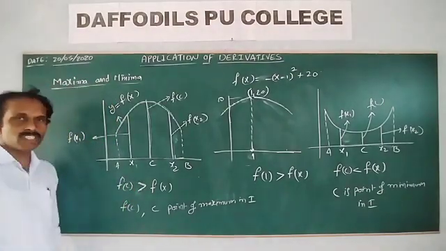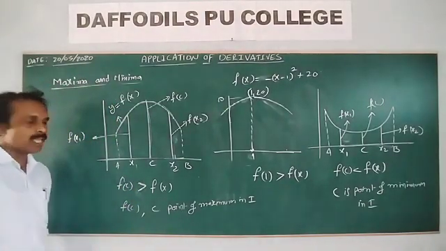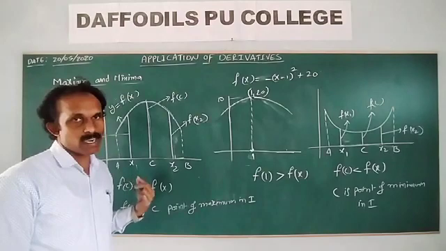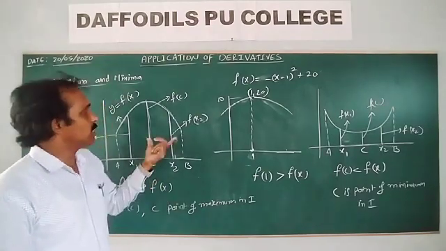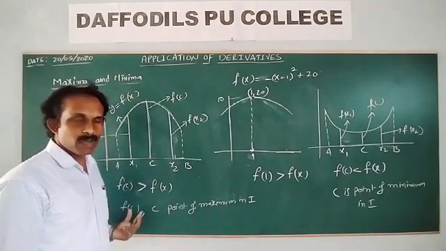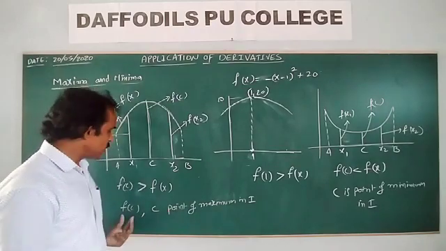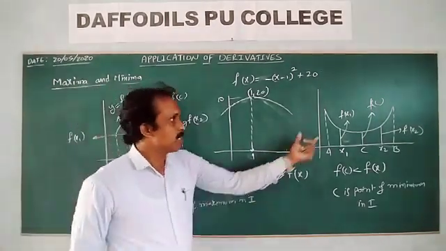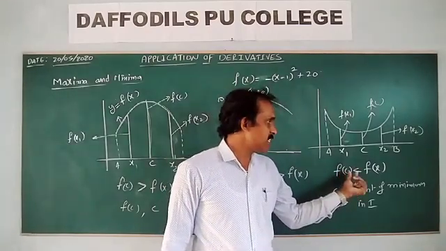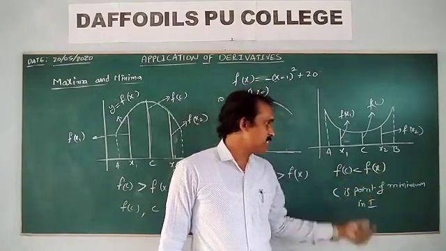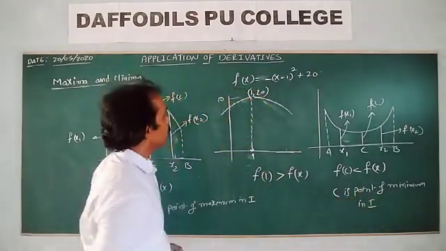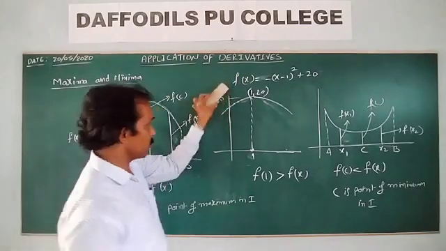So what is the definition of the maximum value and minimum value? f is a function on the interval I, and let c be a point in the domain of the function. Then if f of c is greater than f of x, f has a maximum value, the number f of c is the maximum, and the point c is called the point of maximum in I. So what is the minimum value? f has a minimum value if f of c is less than f of x, and the point c is the point of minimum in I. We see one example of this minimum; that was the example of maximum.